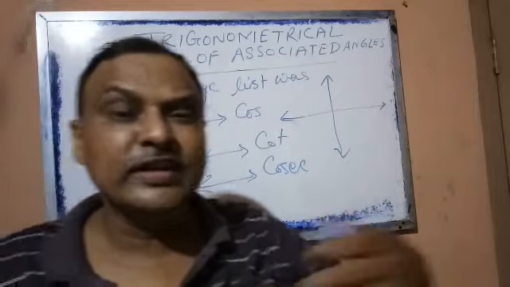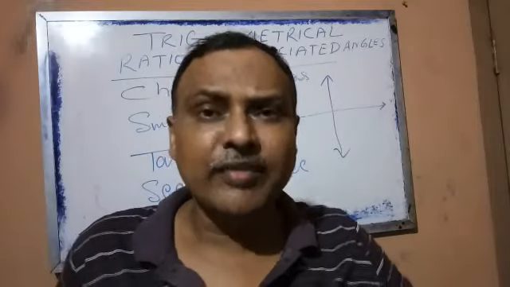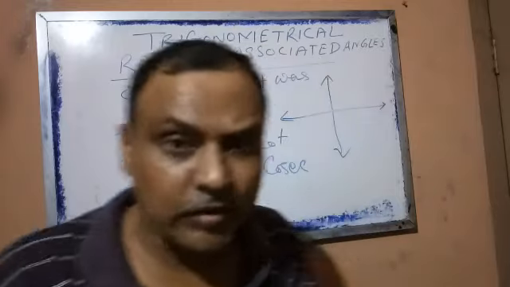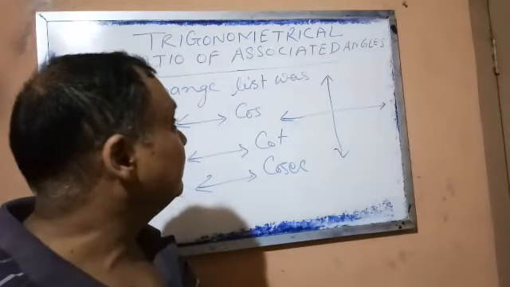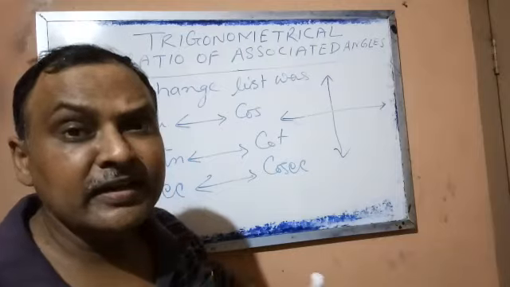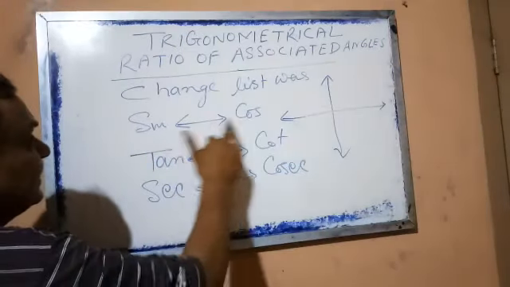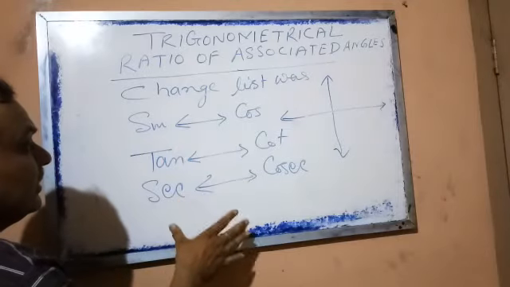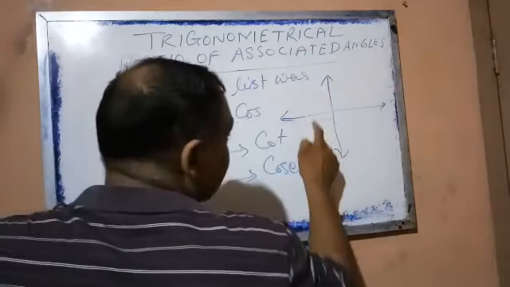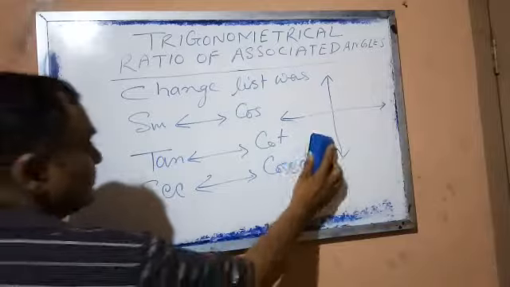If the angle is more than 90 or more than 360 or 5000, 6000, whatever it is, then how to do it? So today we will discuss how to do it if the angle is more than 90. It's okay. This is the change list, you will have to remember it, and in which quadrant the angle falls.